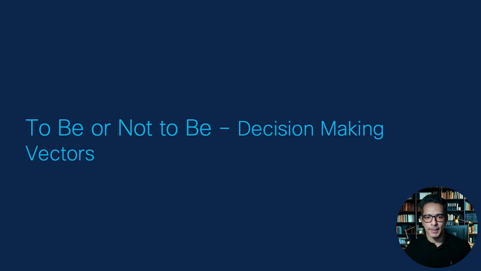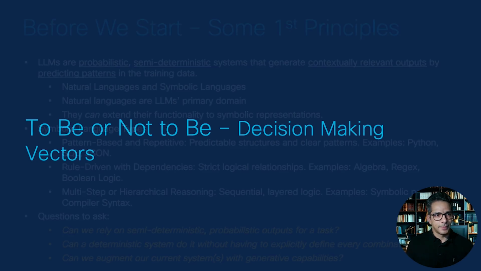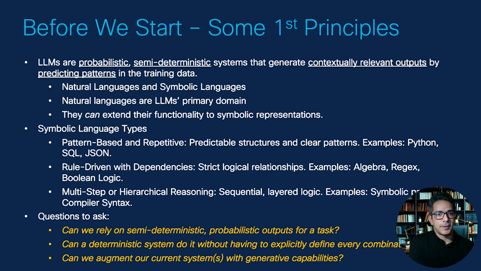All right. Now for the more interesting part of the talk, should one use agentic system or not? Like Hamlet, we are also pondering over that question. But before we start, some first principles. This wouldn't be a PM talk if we didn't mention some first principles. So here those are. Just a reminder, LLMs are probabilistic, semi-deterministic systems that generate contextually relevant outputs by predicting patterns